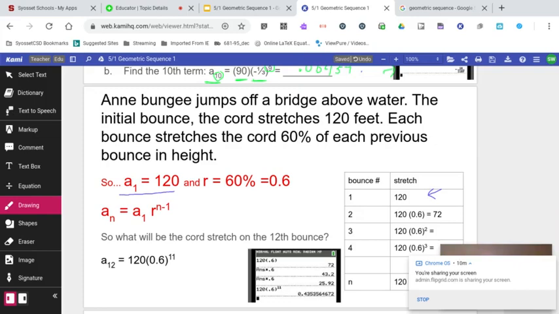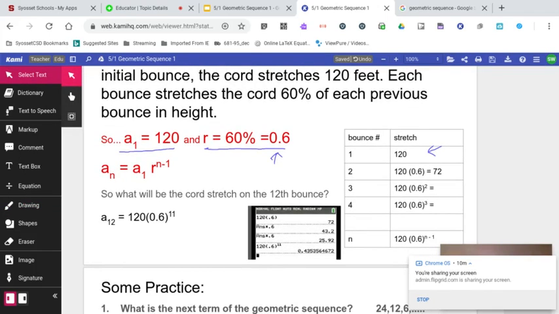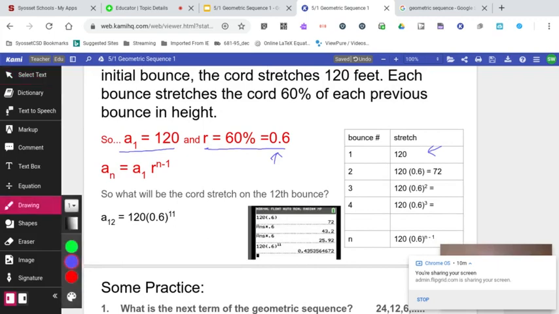Now, each bounce stretches the cord only 60% of the previous bounce in height. So my common ratio is 60%, which I need to turn into a decimal, 0.6. Okay? Now, I can use the table here, which I did. And if I want to multiply each term by 0.6, the second term I get 72. The third term, if you look on the